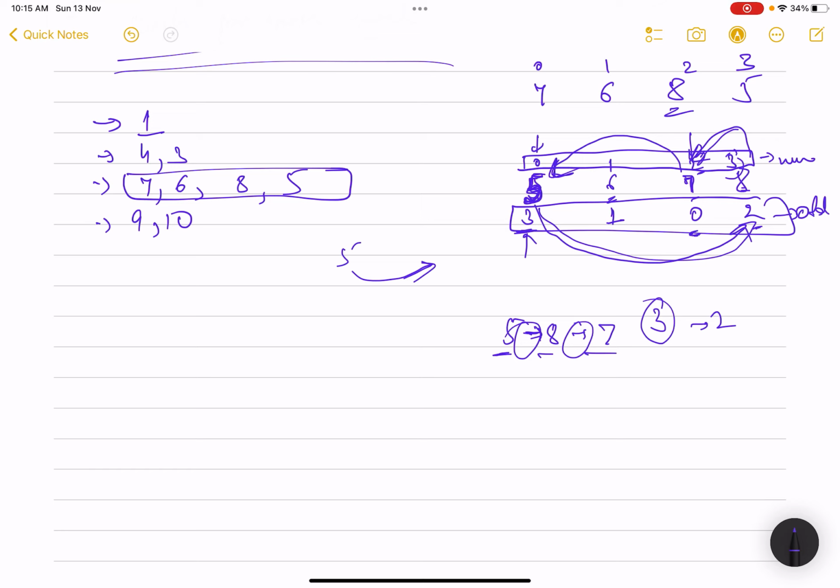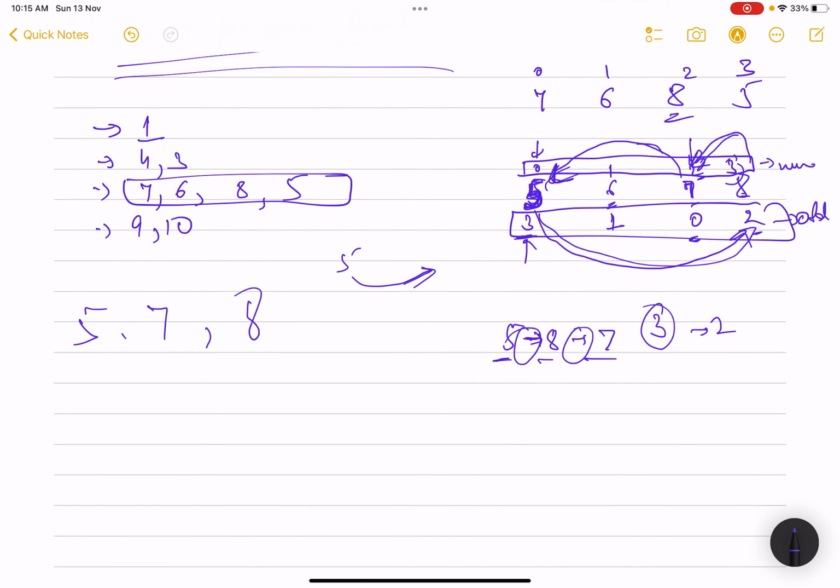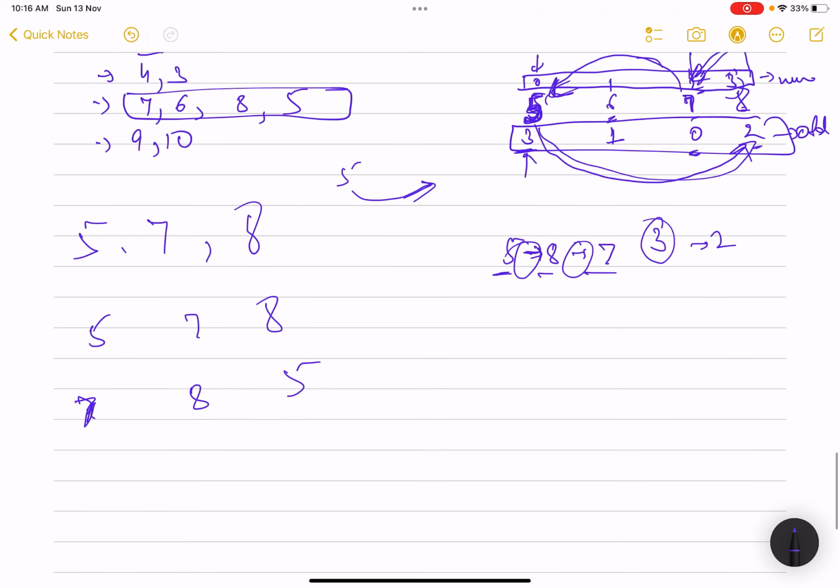Or for example swap these two, so whatever is the case. But that is what I'm saying. For 3 values, if you have done two swaps, then you are good to go, right? Like for example, in this case I have 5, 7 and 8, right? Initially they were present something like 7, 8 and 5. So what this problem says, you swap any two things, right? Suppose you swap these two, so it becomes 5, 8 and 7, and then swap these two, so it becomes